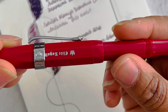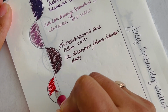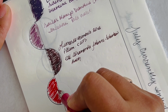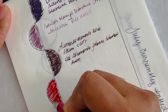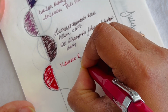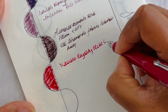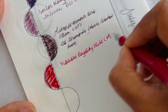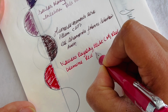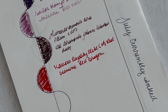I'm still writing with my Kaweco Royalty Elite. I've been very fortunate with Kaweco nibs. I think they've either gotten better with their nibs, because their nibs used to be kind of inconsistent. They definitely, I think, have done a better job with their nibs. So this is the Kaweco Royalty Elite, and I do believe this is in a medium nib, and this is the red, and my ink is Diamine Red Dragon. This ink color looks good, not only on pure white paper, but it looks great on my